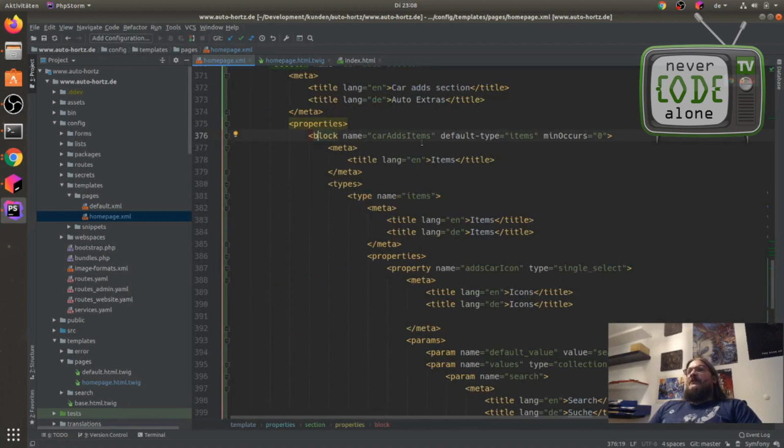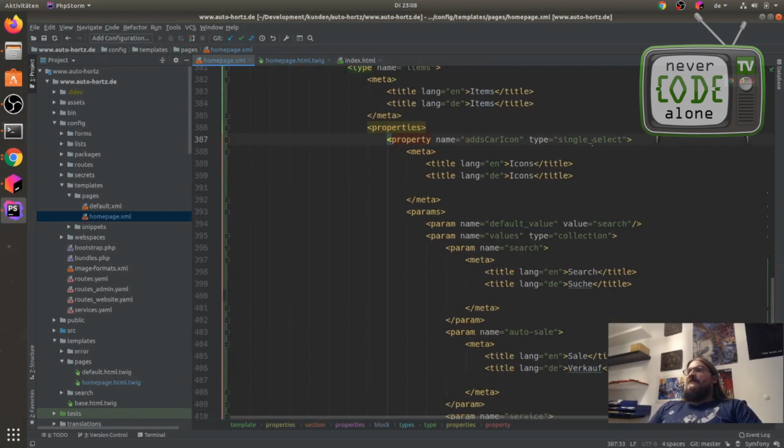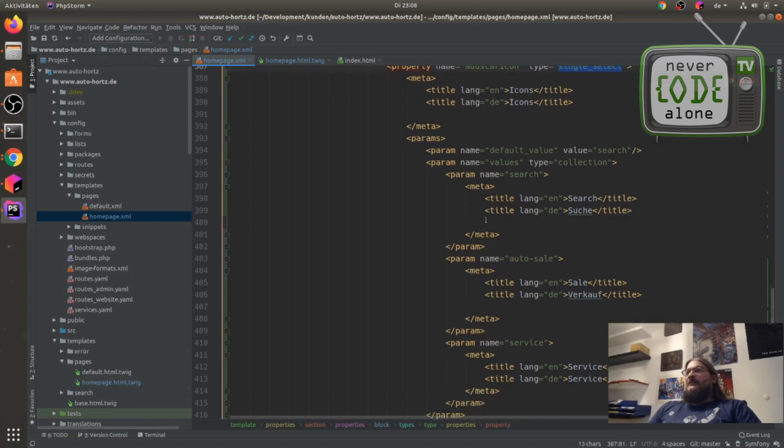What is a block element? It's a repeating element, and the first property is a single selection with the icons, and the icons has here one parameter, the default value, what is pre-selected, and when the value matches on a name, the first item is selected, and when it's not matching this name, you have to select the first one, and there is no default value.